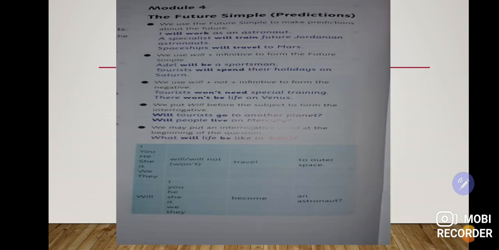So this is Module 4, the future simple. If you want to see this in a reference, open your student's book at page 84.